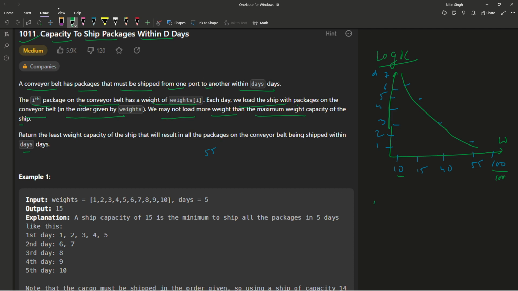So if we do low plus high divided by 2, 10 plus 55 divided by 2, I'm going to take high as 55. So it is going to be 65 divided by 2, right? That is nothing but 32. So 32 will come like here. And for this 32, let's say it is going to take 4 days, I'm assuming 4. So now I have two parts, 10 to 32 and 32